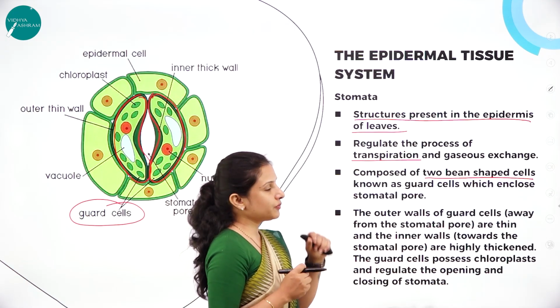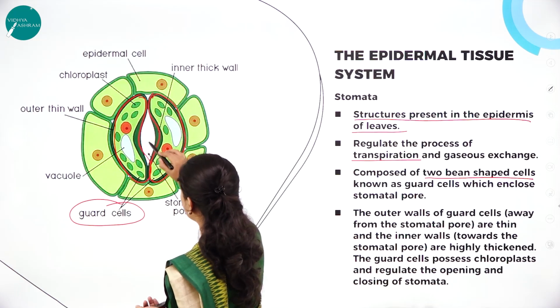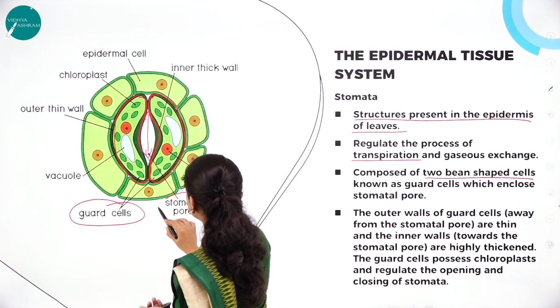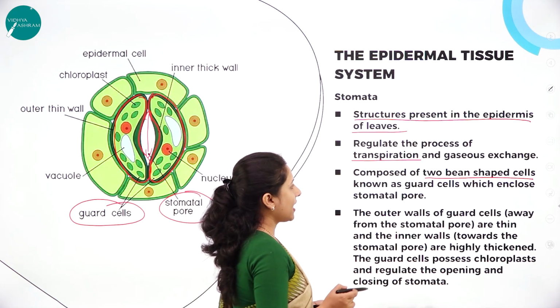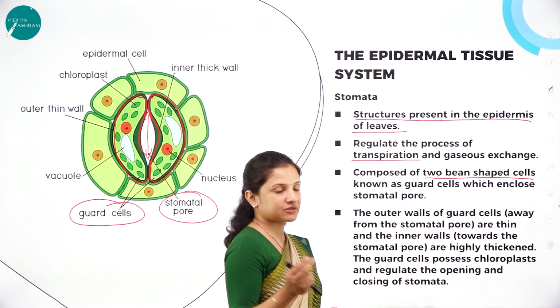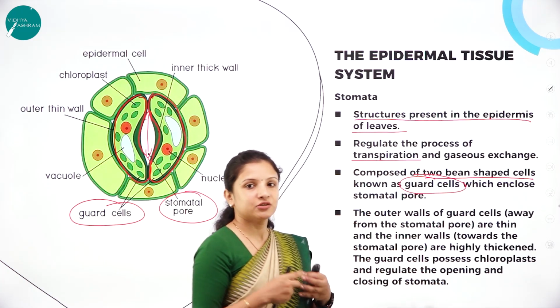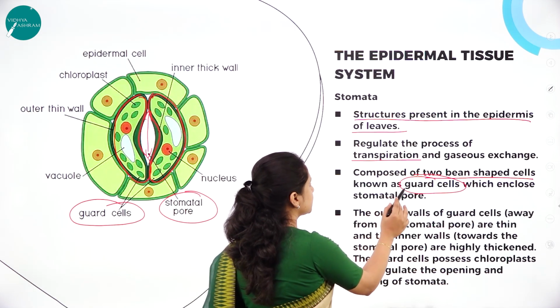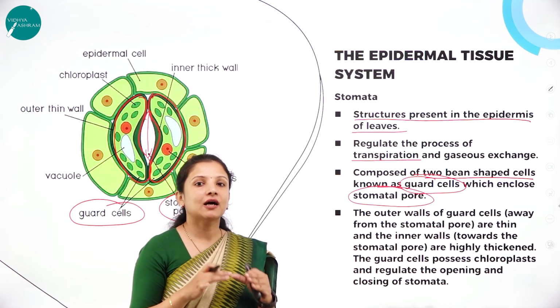So these guard cells are the ones that actually open and close, facilitating transpiration and facilitating exchange of gases. And when the guard cells are open, a pore gets formed here. That is a gap. If you can see here, there is a gap, right? That is called the stomatal pore. So what do they have? They have two bean-shaped cells which are called the guard cells, and the guard cells, when they are open, form a pore which is called the stomatal pore,